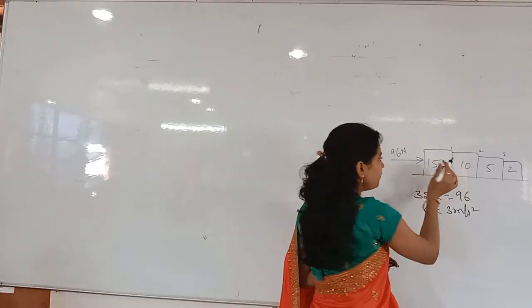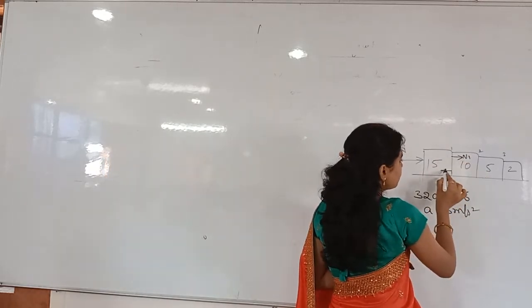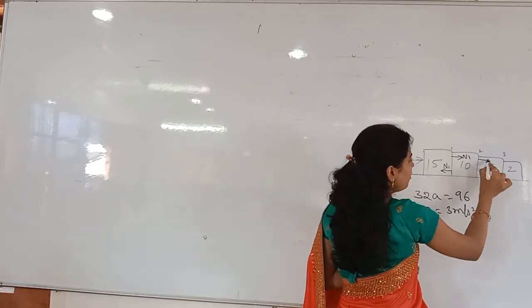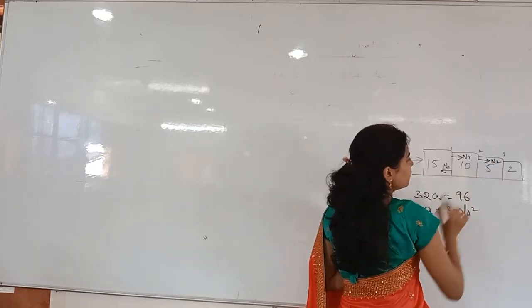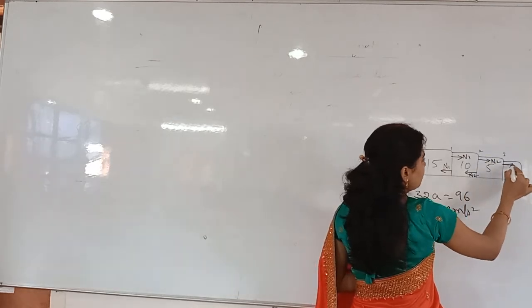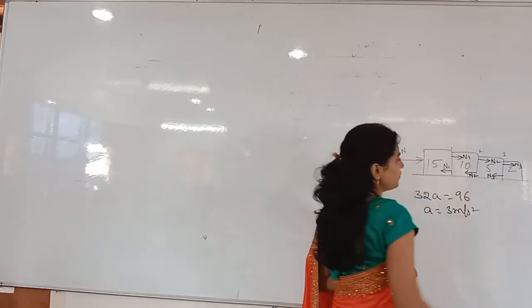Now the 15 newtons is applying a normal reaction N1 on this, and then 10 is applying oppositely how much again? N1 only. And then on 5, 10 is applying how much force? N2, and opposite to that also N2. And then here it is N3, then opposite to that also N3. This will be easy first of all.